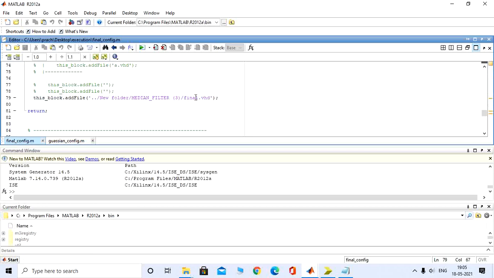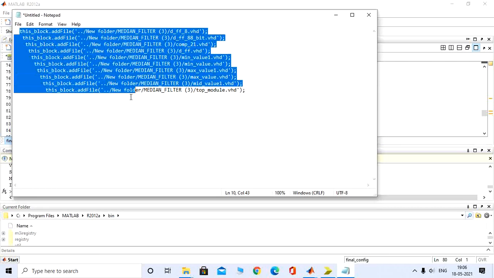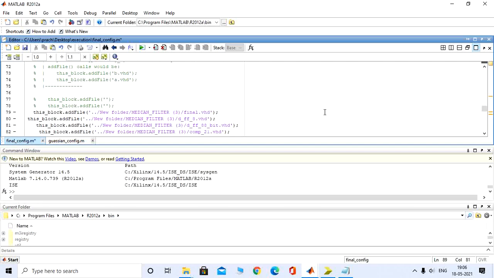Now this final is my top module, but inside the top module I have used different sub modules. So in order to add all those modules, you need to mention the names of all those sub modules that you have used.